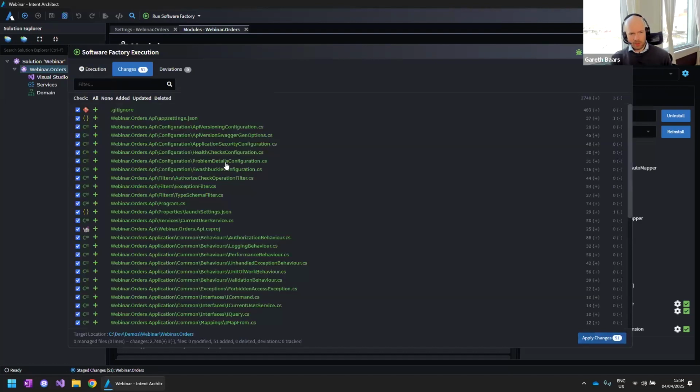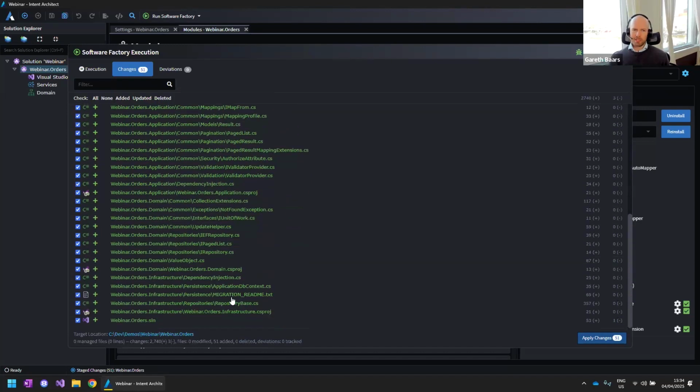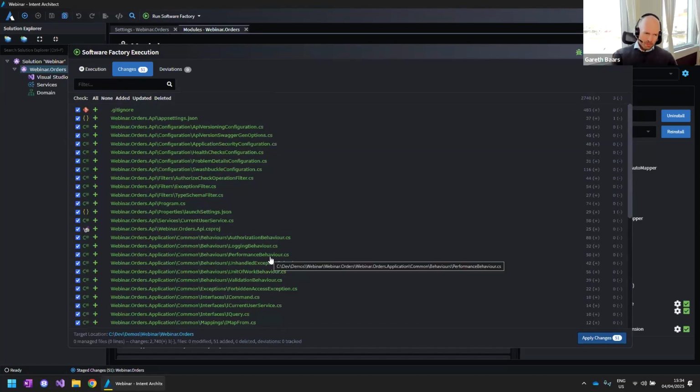What it does is it does processing. It's processing the installed modules at the version in which they're installed. And once it's finished processing, it moves into the next step, which is what we call a staging. And the reason we call this a staging is because none of these changes have actually happened yet. Intent Architect is actually presenting this to the developer saying, hi, developer, these are the changes that I would like to make to the system.